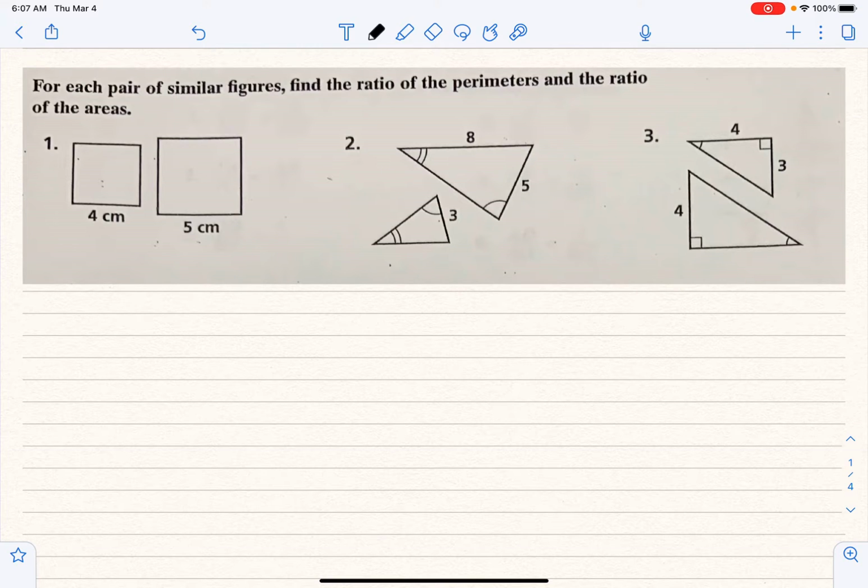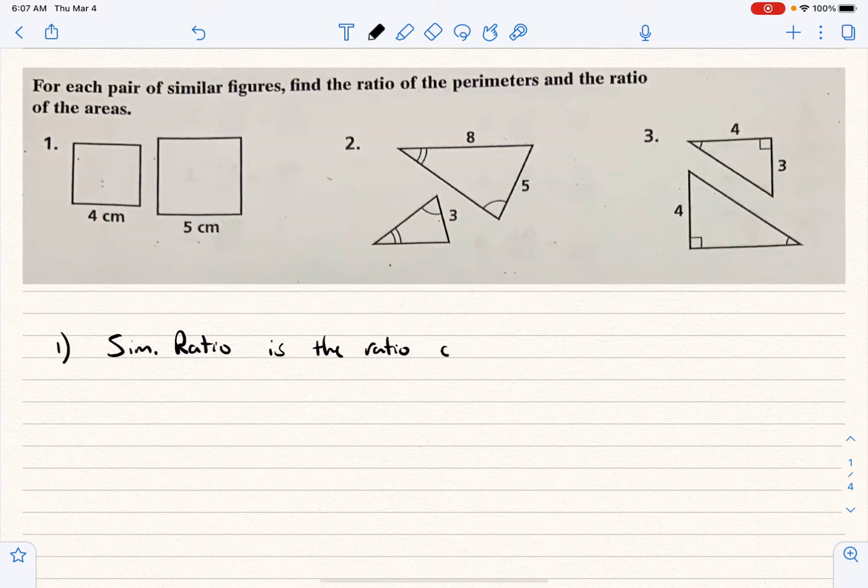Good morning, geometry students. Okay, so last time we were together, we talked about three things, and hopefully you remember those three things. Those three things were, one, what a similarity ratio was. So let's review that. What in the world was a similarity ratio? A similarity ratio is just the ratio